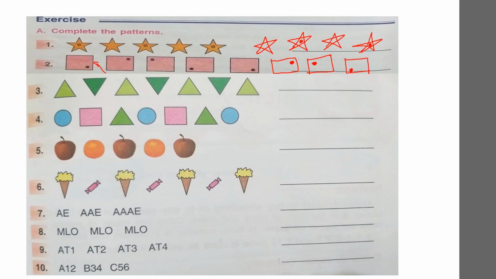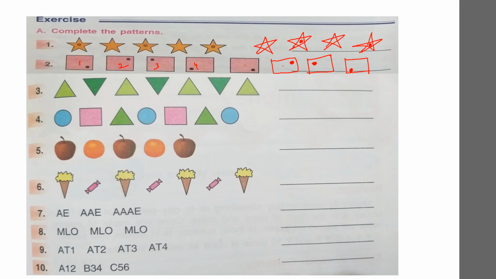Look at the pattern. 1, 2, 3 and 4. So it looks similar. So, 1, 2, 3 and 4. So this is the way you need to complete the patterns by looking at the picture. Sometimes 2 patterns will be repeated. Sometimes 4 patterns will be repeated. So you need to observe carefully how many patterns they have given to you repeatedly. If it is 2, you can just continue 1, 2. If it is 4, you should say 1, 2, 3, 4. Then again 1, 2, 3, 4.